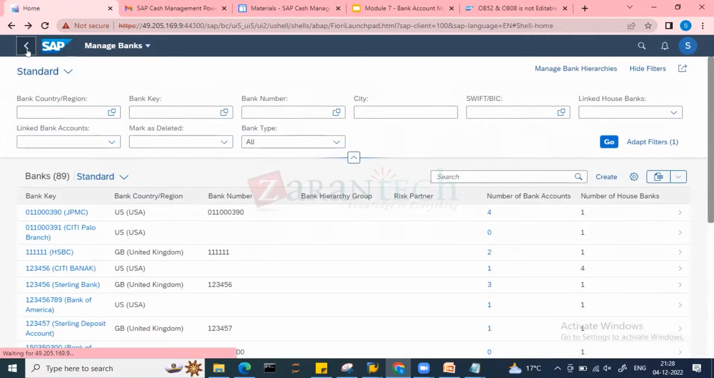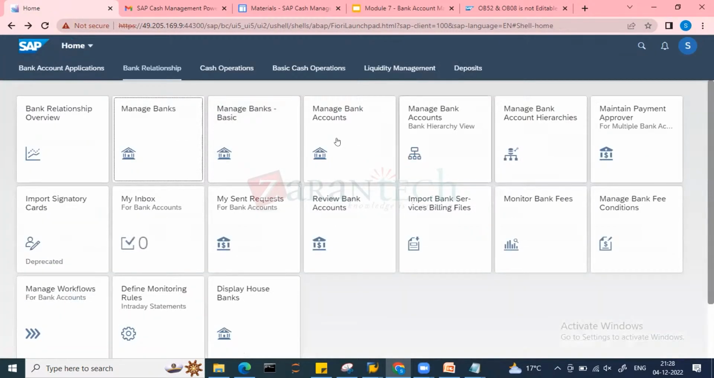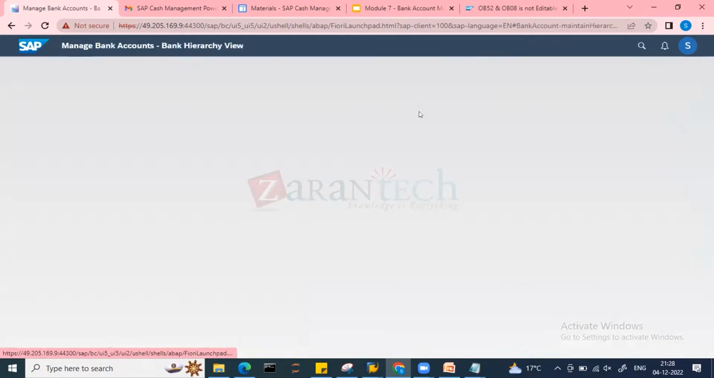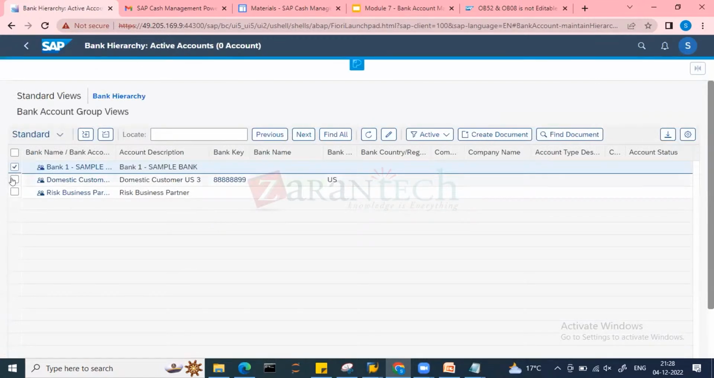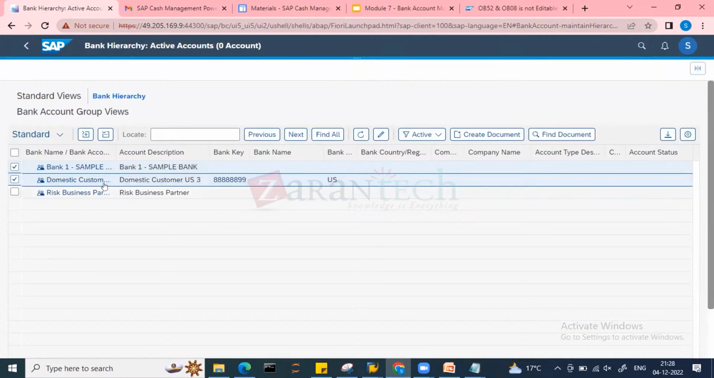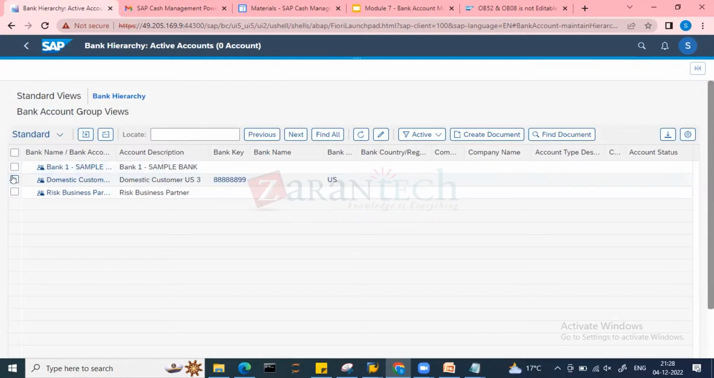Correct. So see here, there are so many new functionalities available in S/4HANA. Even you can add in a hierarchy. So if you just click on this app now, I don't know how to create the hierarchy, but if you select one bank, it's a simple thing. We have, for example, a group of banks with